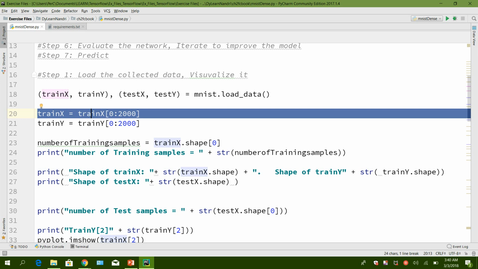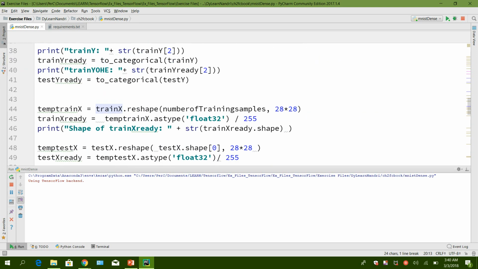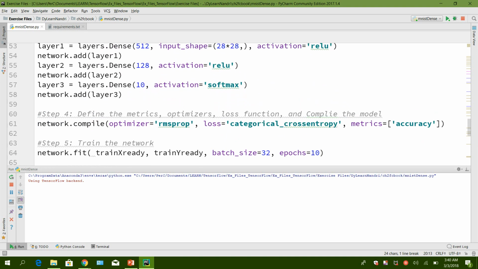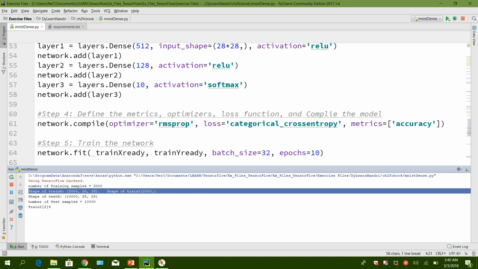So one of the key steps is to reduce the data set to a limited size so that we can just check if everything is going to run. So we're just going to run now till the training function. If you see, the number of training samples we are using is 2000, and the shape of the input data set here is essentially a tensor.